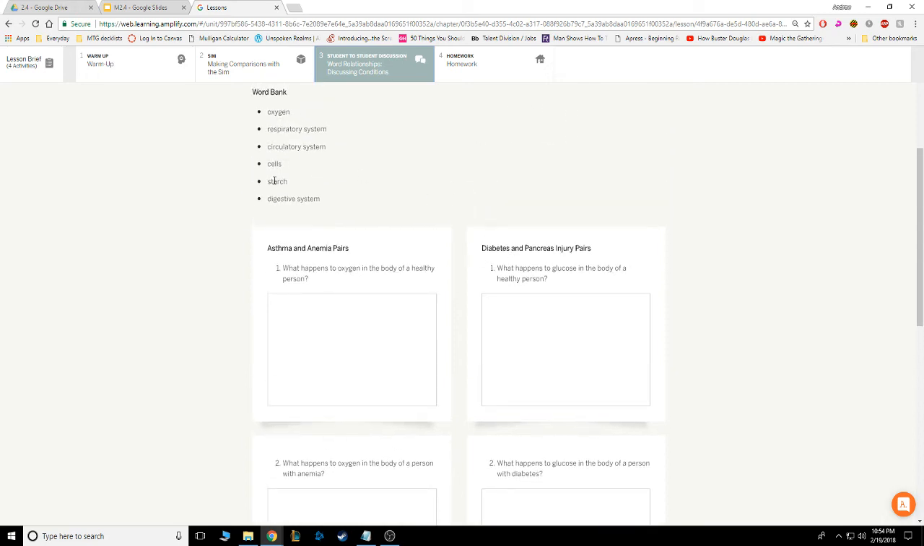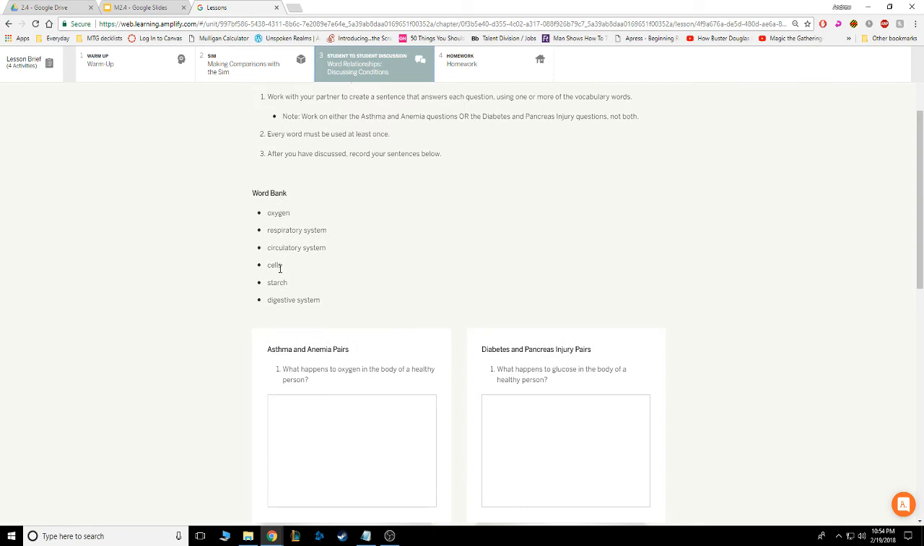You're going to use each word once. This is to make sure that you understand each word in context. Oxygen is the molecule we take in through our respiratory system, which is how we breathe. Our circulatory system is our blood. It gets energy to our cells, which it gets from starch, which is turned into glucose by the digestive system. These are all words you should have heard, and all words you should be able to make sense of. If not, you can find them here in the lesson brief, where you can find the glossary to help you